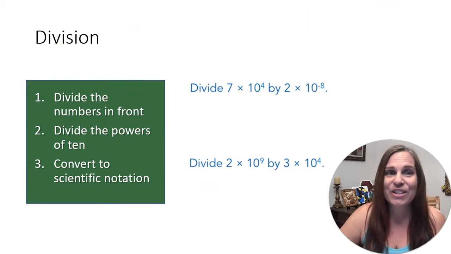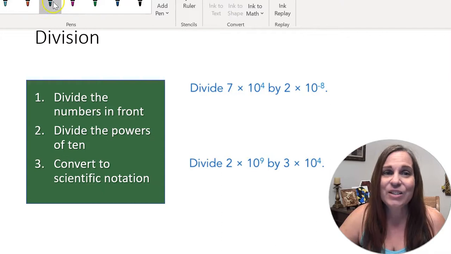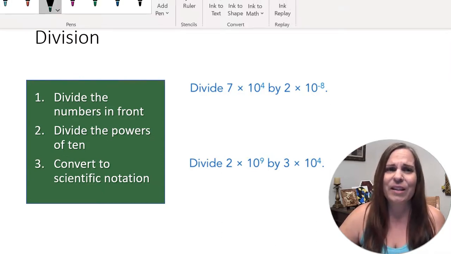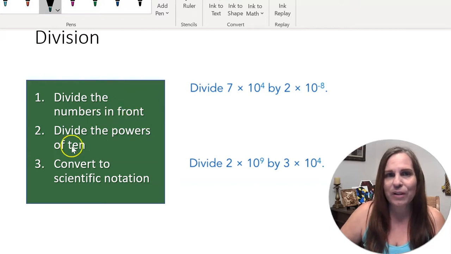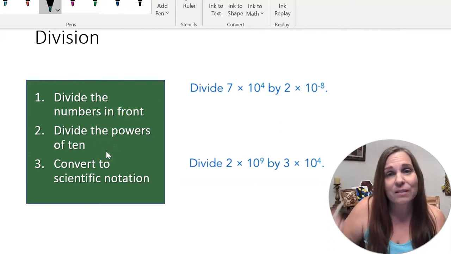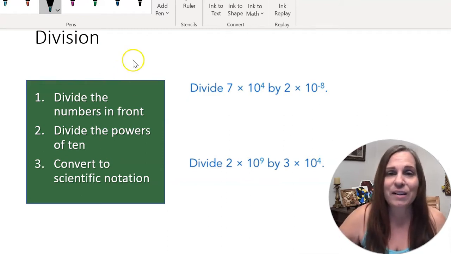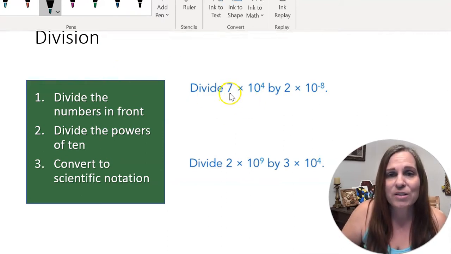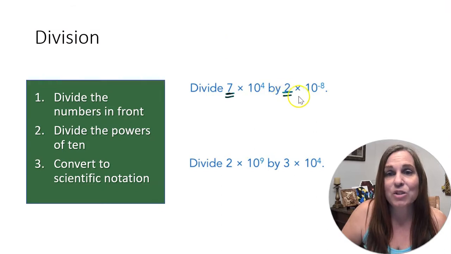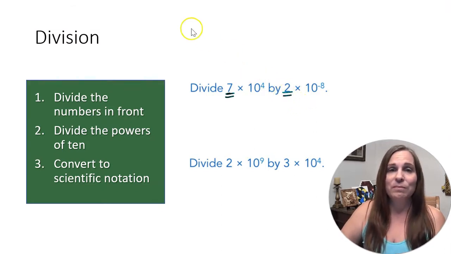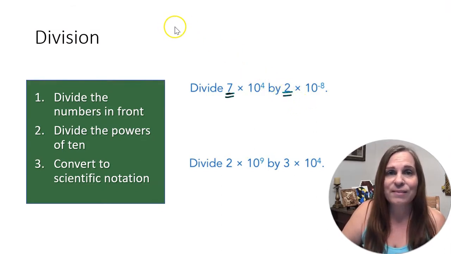Let's look at division. Division is the same sort of thing that we saw with multiplication. We're going to divide the numbers in front and then we'll divide the powers of 10, right? Just like we multiplied the numbers in front and multiplied the powers of 10. So first, let's divide. 7 divided by 2. Well, half of 7. You're probably thinking. If you don't know how to do that one in your head,